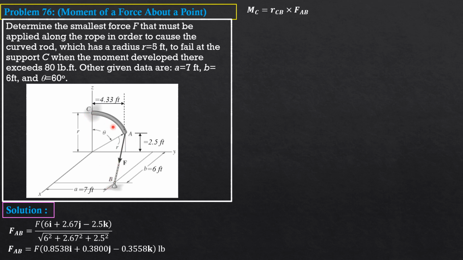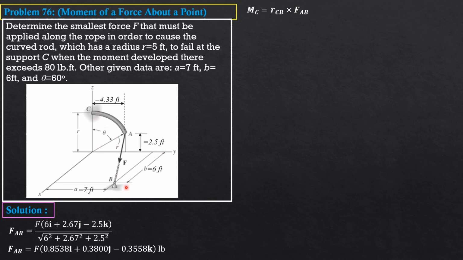It is also r_CA cross the force, but r_CA is 4.33j, then because this is 2.5, minus 2.5k, 5 feet minus 2.5 is 2.5k. You may solve this problem again using r_CA cross F. That's simpler because there are only two components for CA. But r_CB has three components,